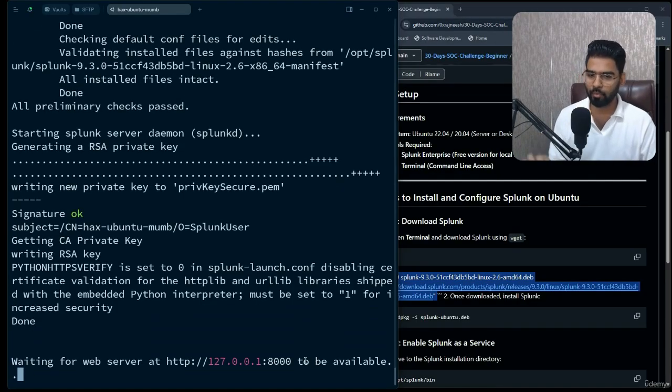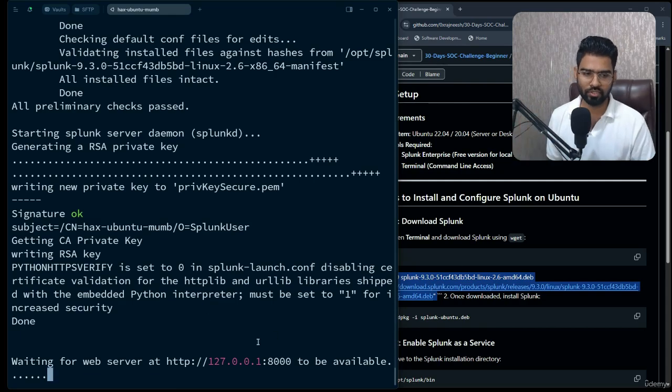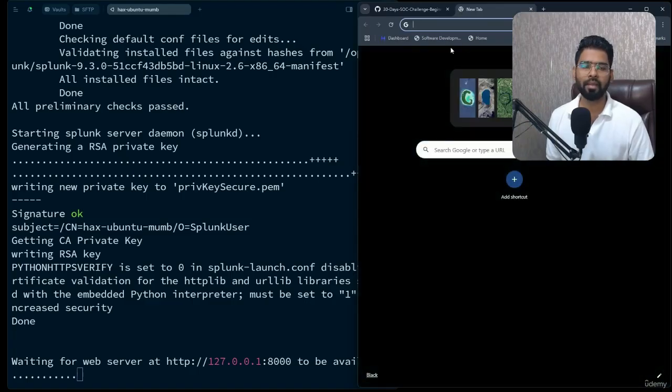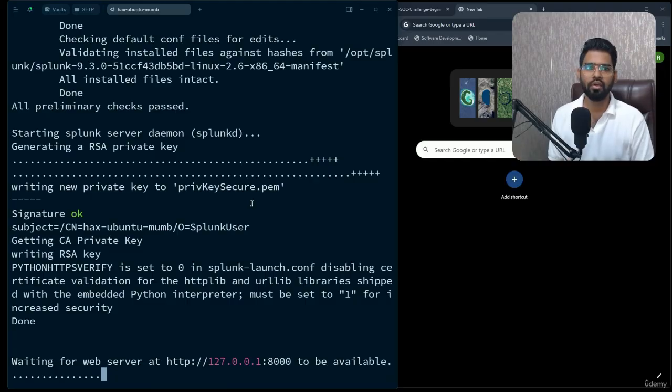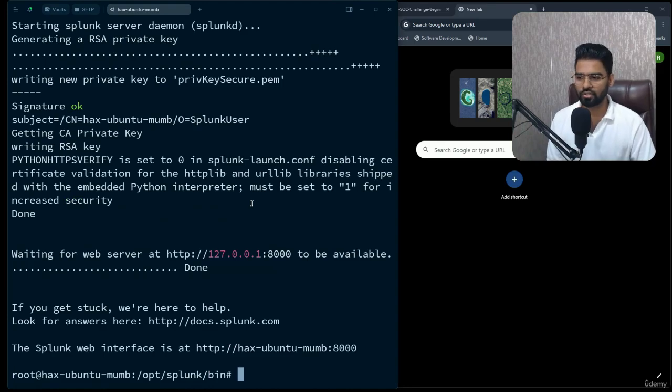It's wonderful. Now the only problem here is it's currently accessible only locally from the machine. You see this 127.0.0.1. So even if I want, I won't be able to access this machine from my browser, unless you are running it locally, like you have a Linux desktop experience. In that situation you may be able to access it, but if you have an Ubuntu server, it would be difficult, and you can't allow users to access your Splunk globally. So that's a challenge. In order to fix this, we have to bind the IP address. So to do that,